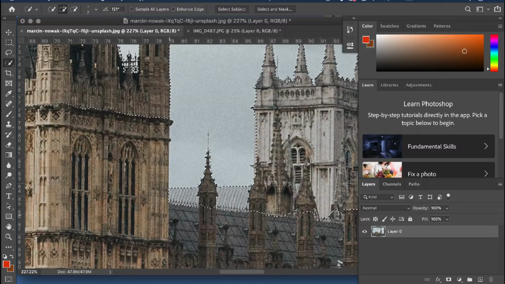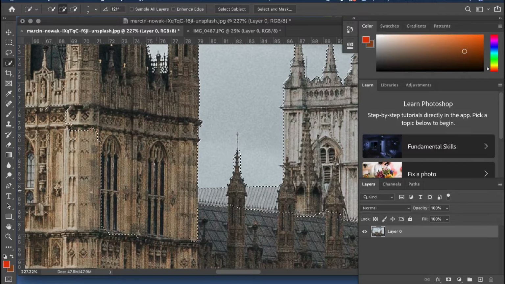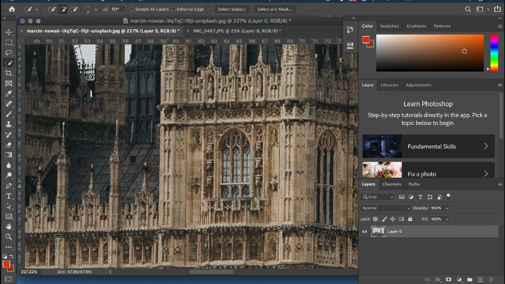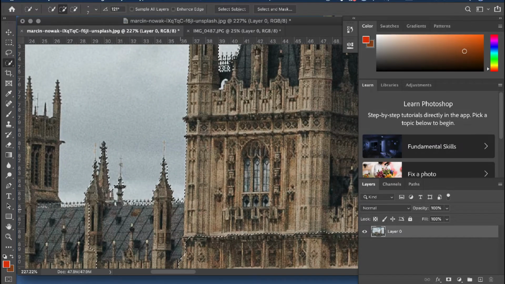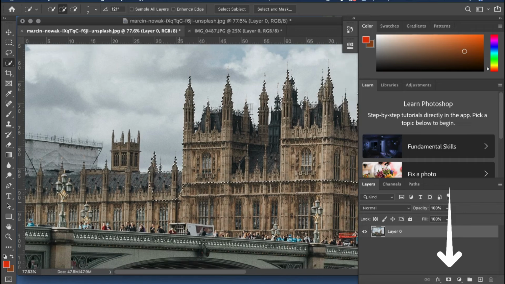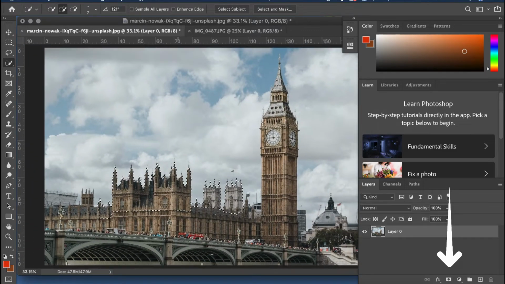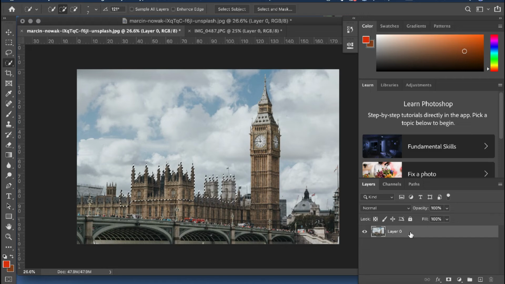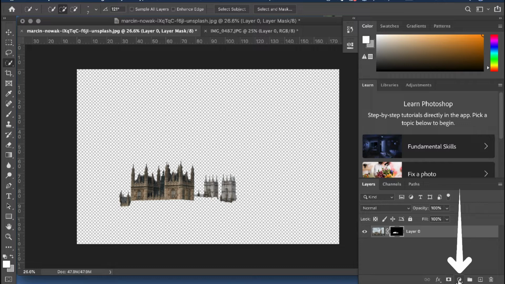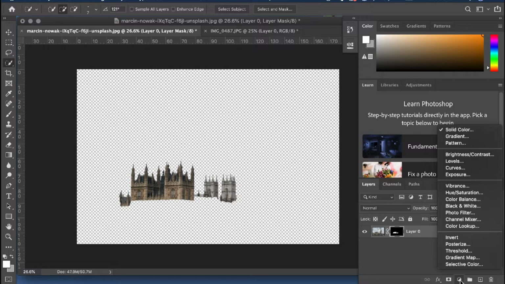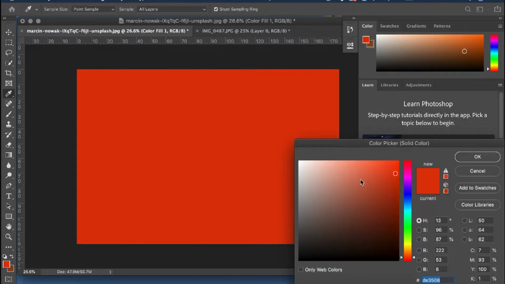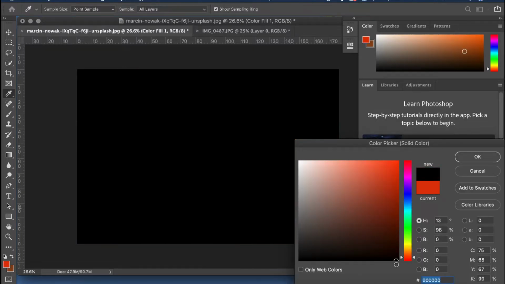So in the last video, if you remember, I showed you how to use refine edge brush. So we are going to do all the same steps, so let's do it. Just mask your layer by clicking on the camera icon right below your layer 0, that is called a layer mask, and then just mask it. And now you have to just click on the adjustment layer, which is right next to the layer mask. After clicking on it, a big box will show up in which a lot of options are there. Just click on the solid color and drag the whole button to the darkest of the palette. I am choosing black again. So after choosing black color, just press OK.